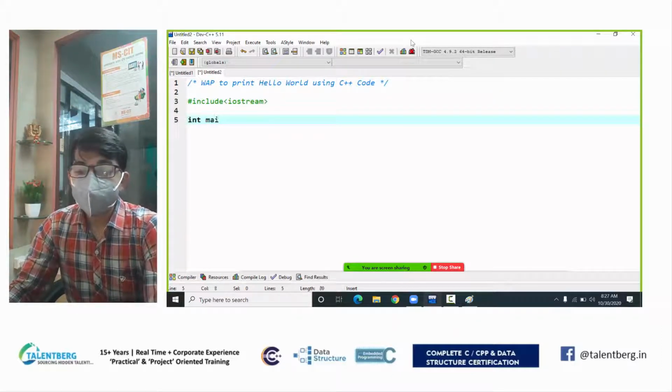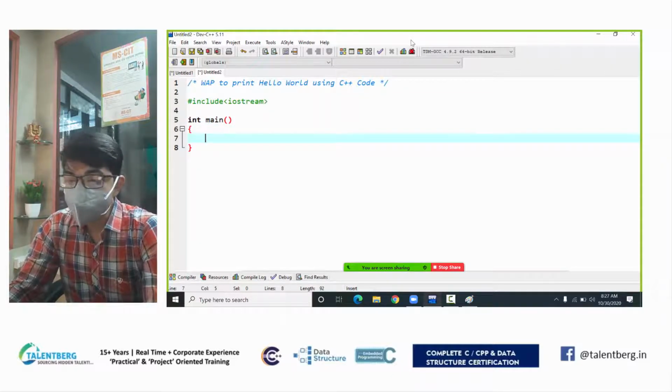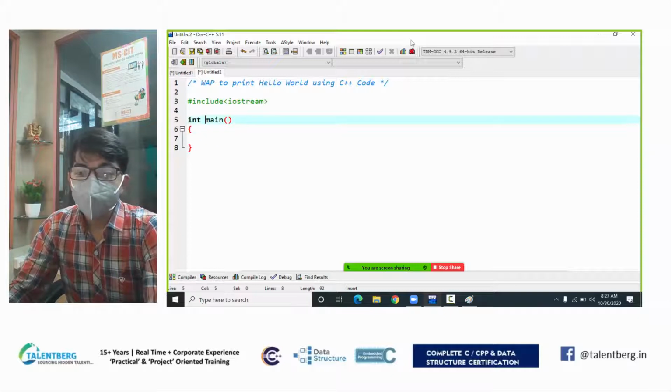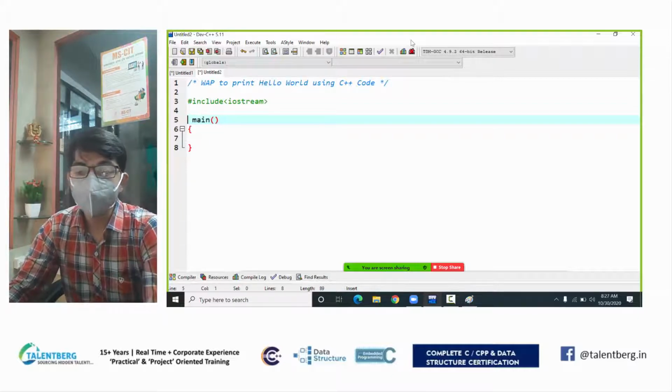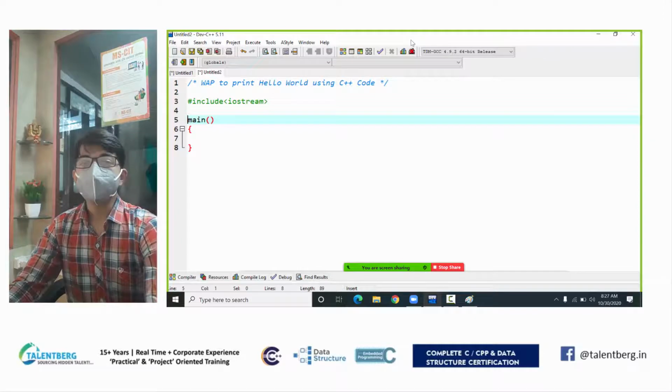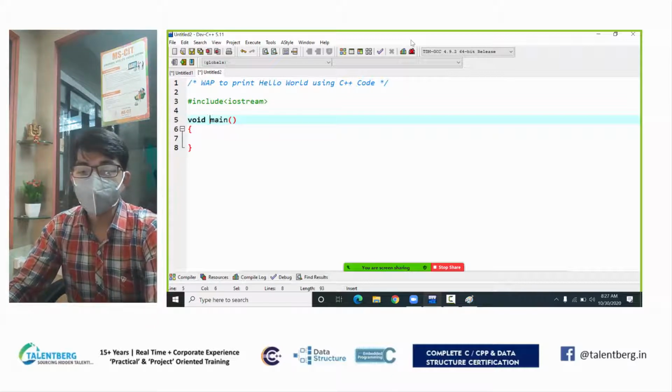The next is the main function. Here I type the main function, and then we continue the code. Now while we type a function, sometimes we type void, in some cases we type int, maybe float, maybe any type, character, maybe you forgot to write the return type. Basically a function returns values, but if you do not want to return, then you write void.